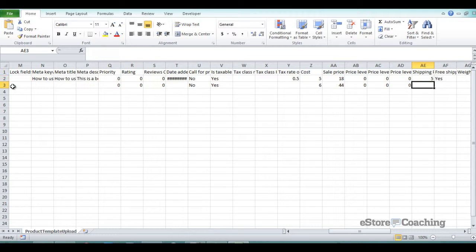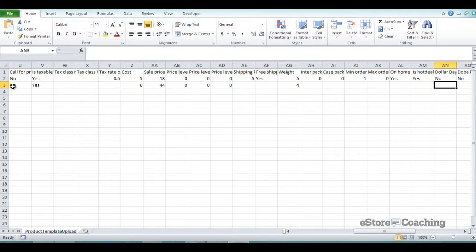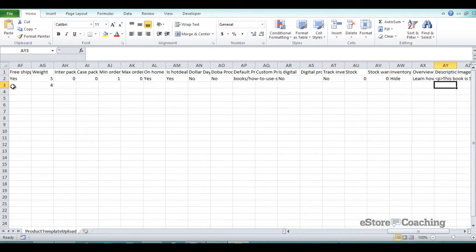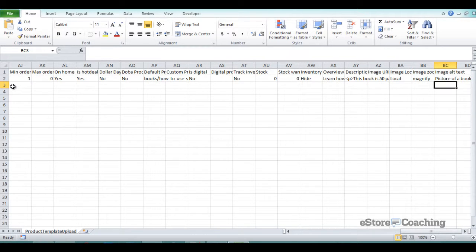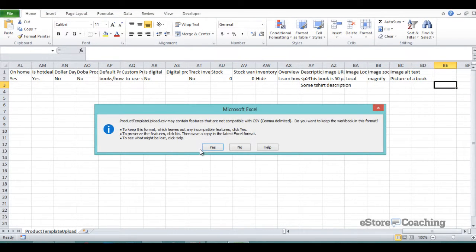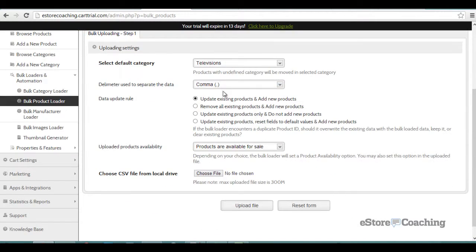I'm going to enter some more product information, some sales price, price levels, which we'll get to later, shipping. Here's some description information. Alright,